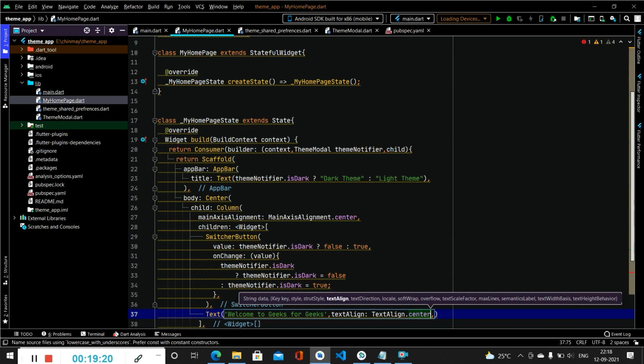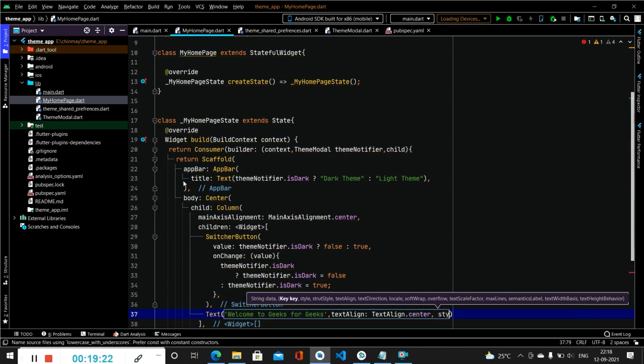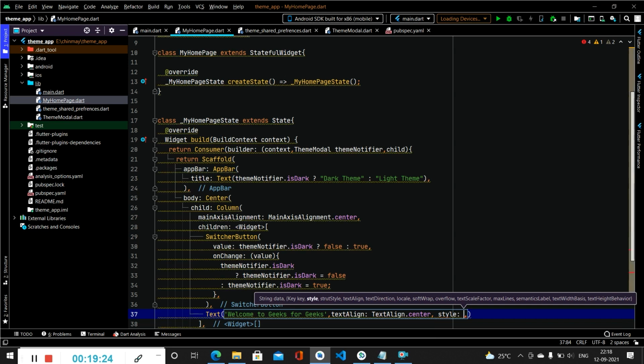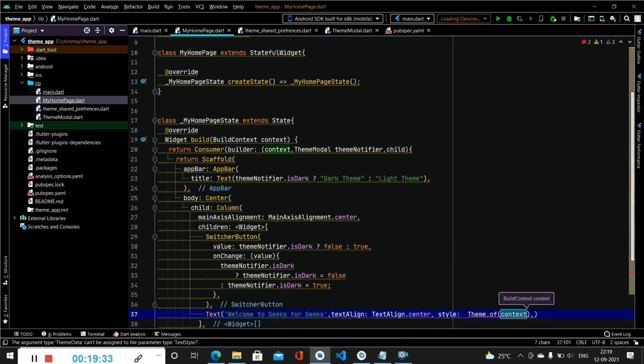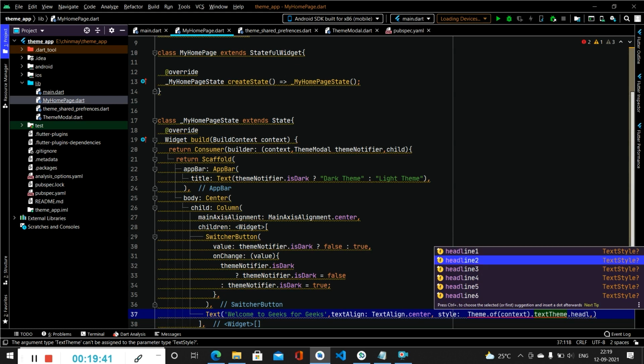After that, we will add the styling to it as style theme dot of, inside this we will be passing the context. Then we will be calling simply text theme, and we will set it as a headline 4.